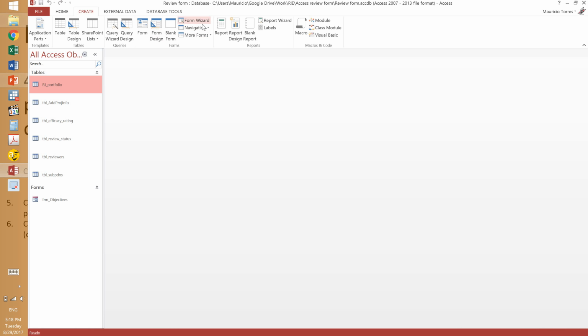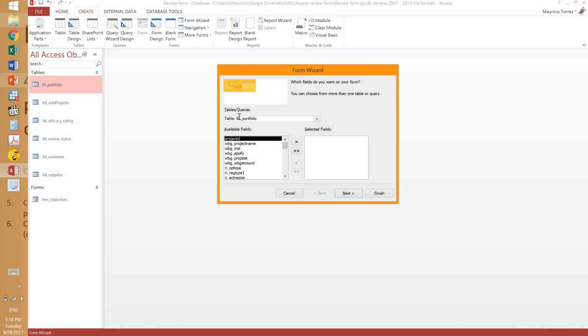Create form wizard. Again, I'm in the RI portfolio and I want to bring the rest of the information. I could have done this in the same form, but for some presentation purposes, I just want to do this separately. So I'm going to bring the institution, the application fiscal year, the project status, the World Bank group amount, the regional integration operation type, advisory or lending, the regional type, and the actual region, the country, and the practice,